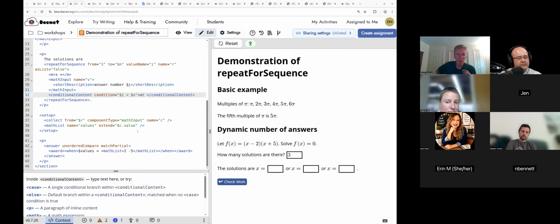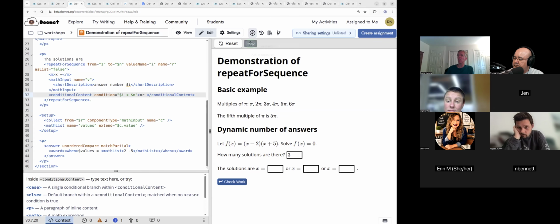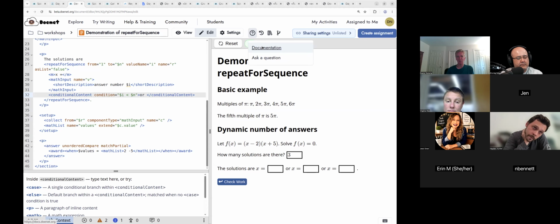Okay, so I want to talk just in general. The main thing we're going to be talking about now is accessibility. So what I suggest, if you're in an editor like here, somehow you can get to the documentation, and I'll kind of frame what I'm doing at the beginning with what we have written up in the documentation. So if you go to the documentation,